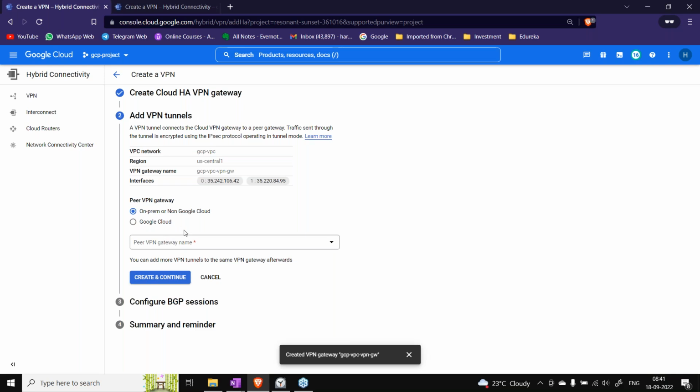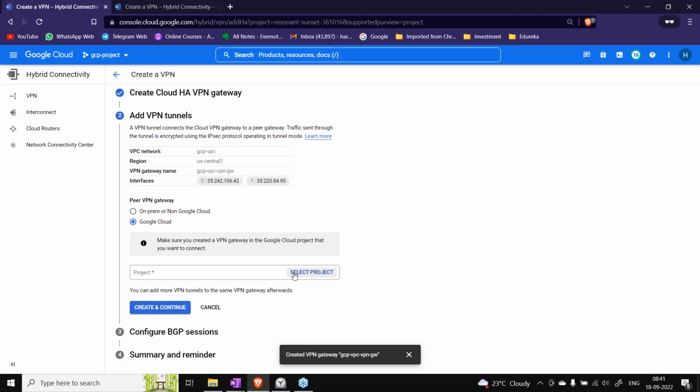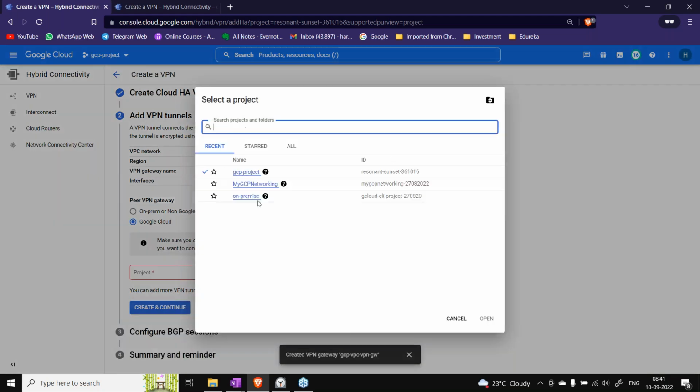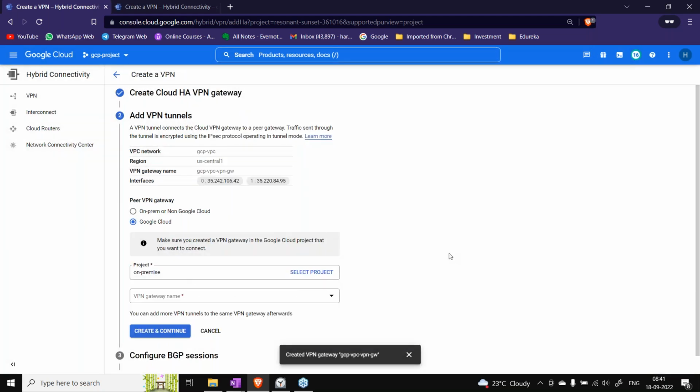So here, you have to select whether you are connecting to real on-premise or AWS or Azure or any other non-Google Cloud environment; then you select this one. In our case, we are connecting to another Google Cloud project only, right? So that's why I'm selecting this one, and I can select on-premise here.